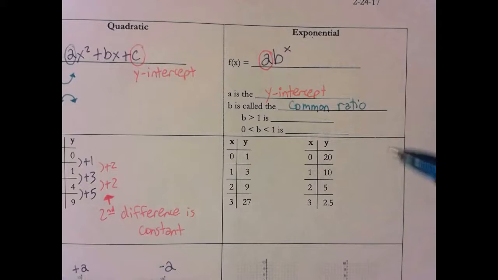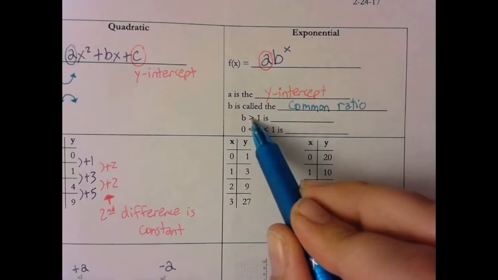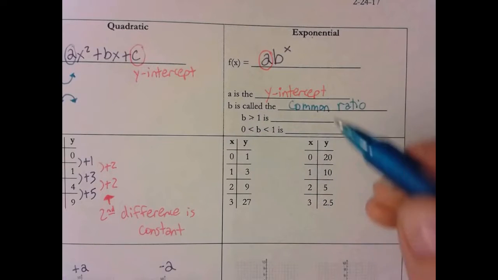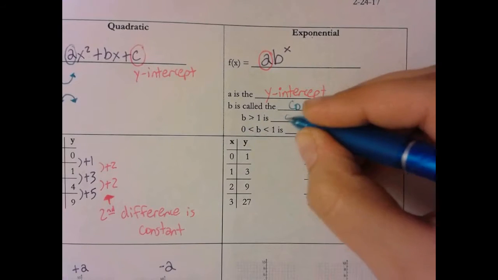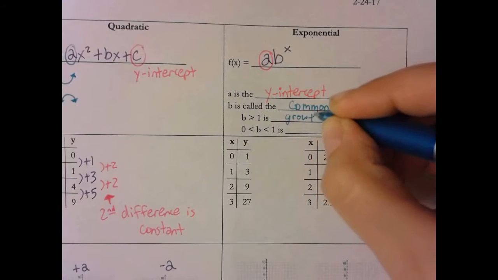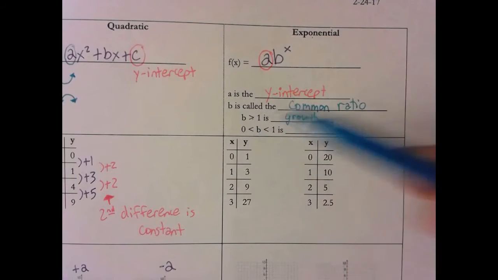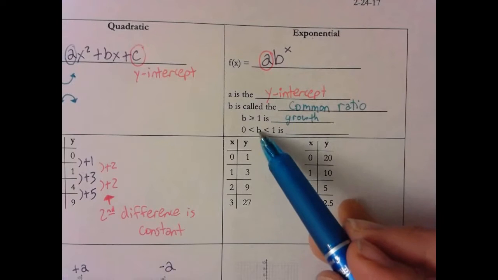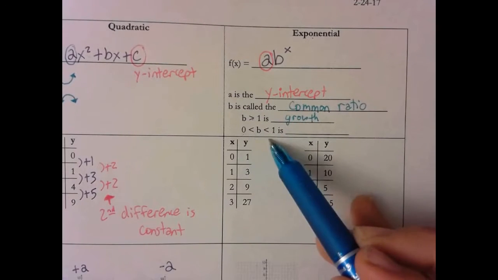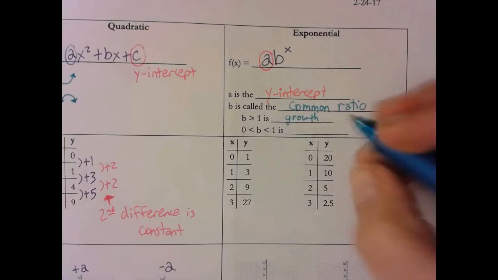And it'll make more sense why it's called that when we look at our chart. So B could be greater than 1. And if B is greater than 1, we're going to say this is exponential growth. Which makes sense because, as your age goes up, it's greater than 1, you're growing. Okay, if B is between 0 and 1, so if it's a fraction between 0 and 1, we call that